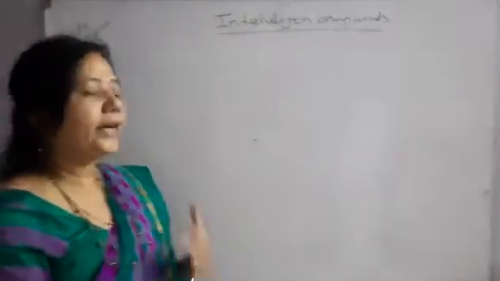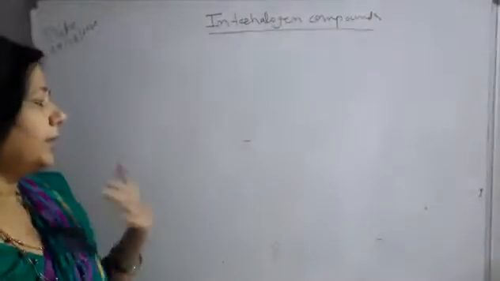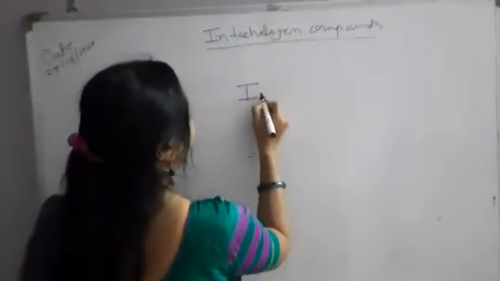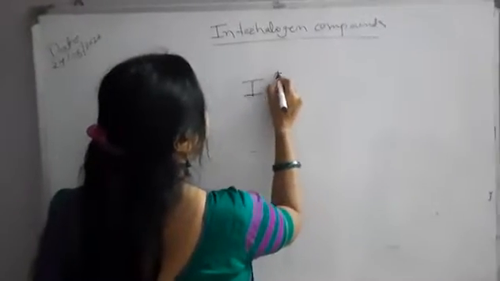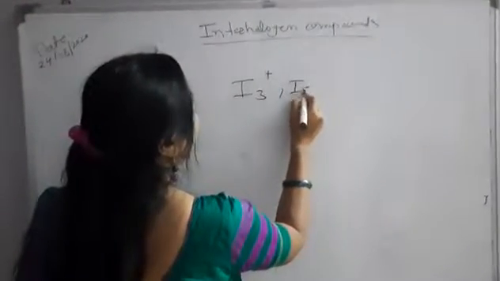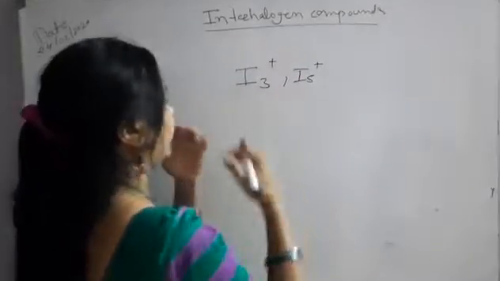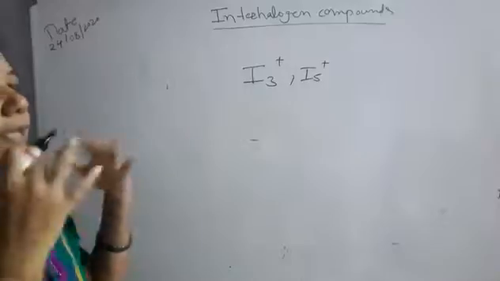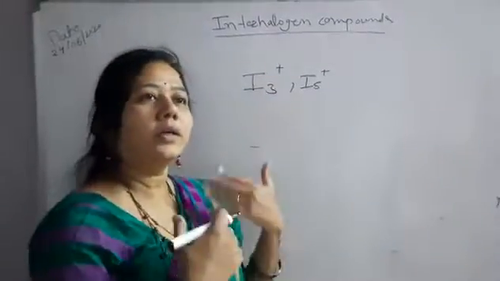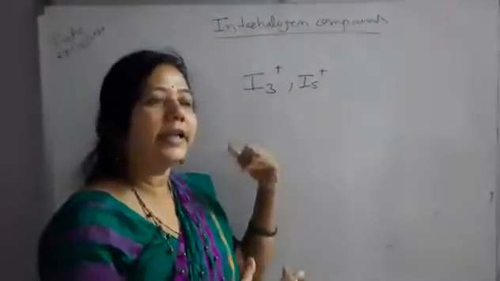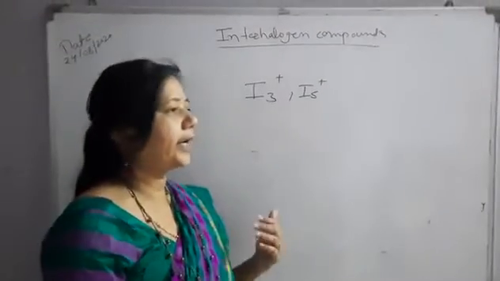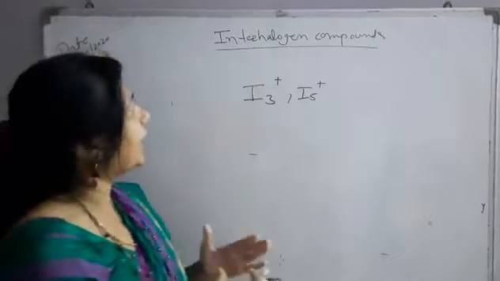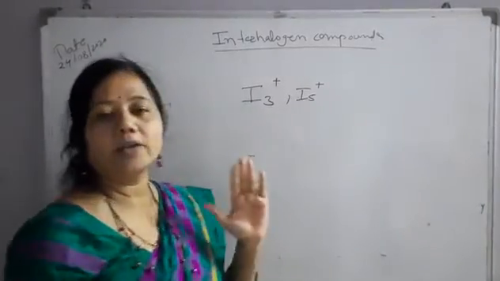Now the last point: iodine forms various compounds such as I3 plus or I5 plus, meaning they interact among themselves. This again indicates that iodine has a cationic charge, meaning it has a tendency to give an electron. It is showing electropositive character, and that tendency is nothing but basicity. All these explain why iodine forms interhalogen compounds.